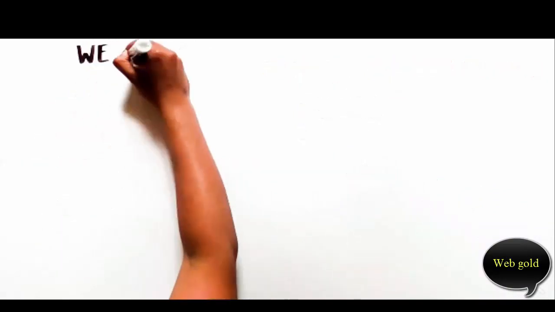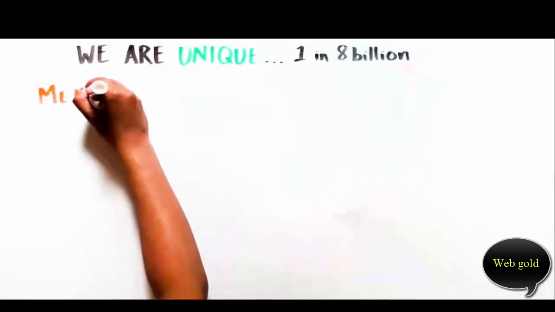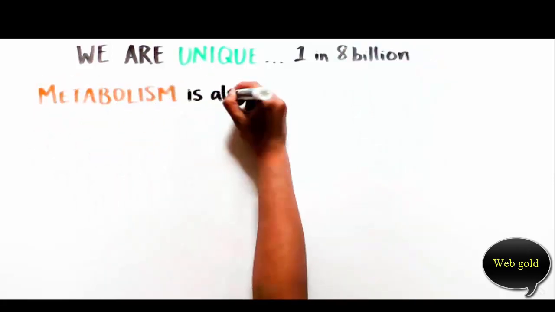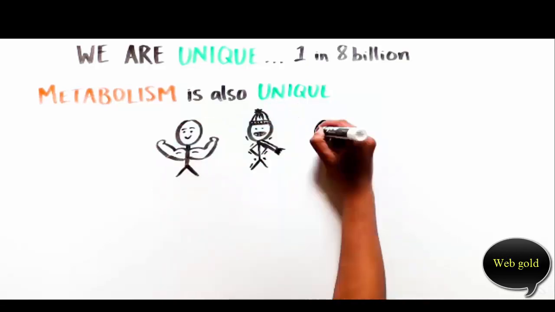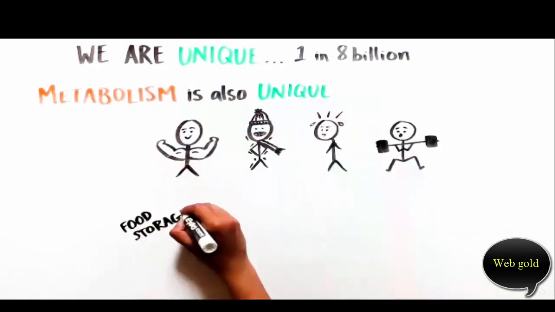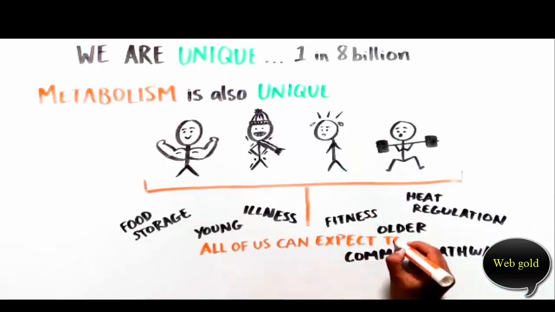We are each unique, 1 in 8 billion, and metabolism is a perfect example of that. We all vary in how we process and store food, how much we exercise and regulate heat. But the underlying pathways are mostly the same, so we can all expect to keep making that ATP to get us